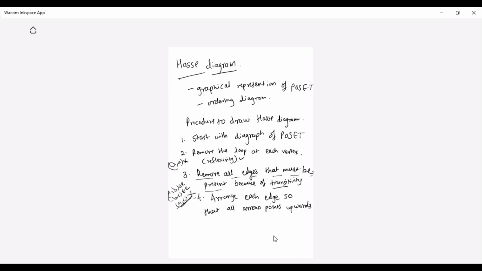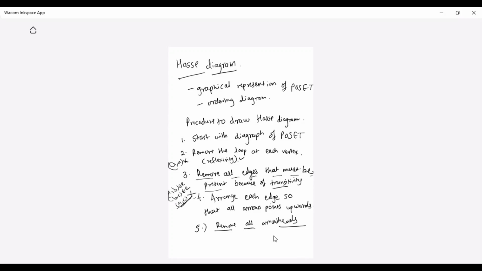In a diagram, you will have arrows for the relation. So you have to arrange each and every edge in the diagram so that the arrows will be pointing upwards. And the fifth is remove all arrowheads. Finally, you need to remove all arrowheads.